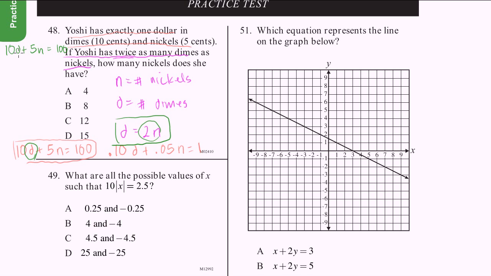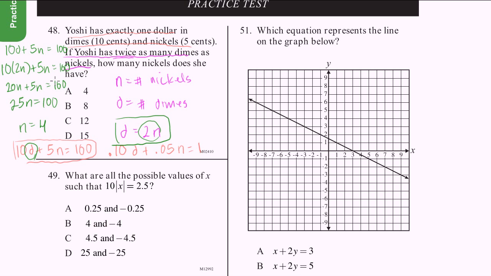And then my dimes is equal to 2n. So 10 times 2n plus 5n is equal to 100. 10 times 2n is just 20n plus 5n is equal to 100. And then we get 25n is equal to 100. Divide both sides of this equation by 25, and you get n is equal to 100 divided by 25 is